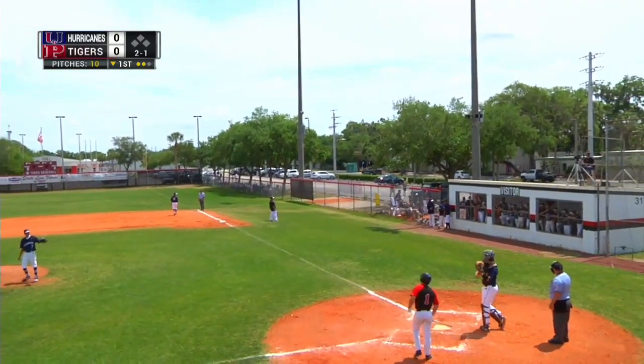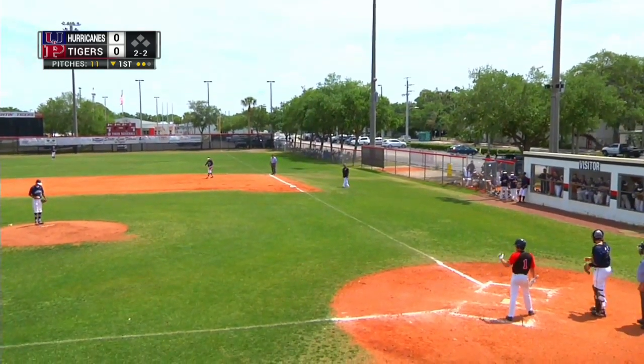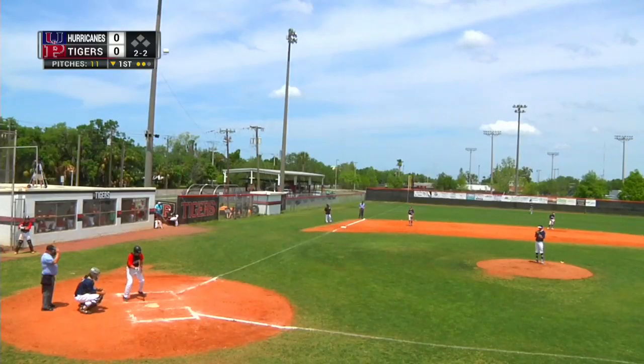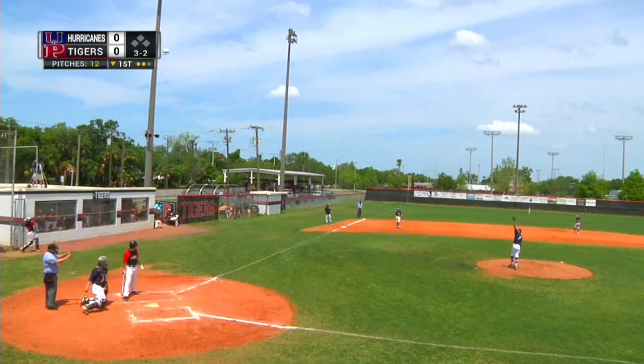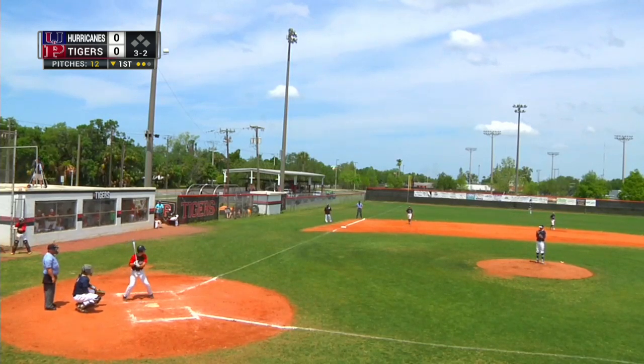And this one's going to be over in the parking lot of the fairgrounds. So if you're parked over there, you might want to think twice about locating your car there during a Tiger game. And the pitch, and that's going to be well inside, almost hitting Harrison Thiel, but he was able to get out of the way. So we're looking at full count, 3 balls and 2 strikes on Harrison Thiel